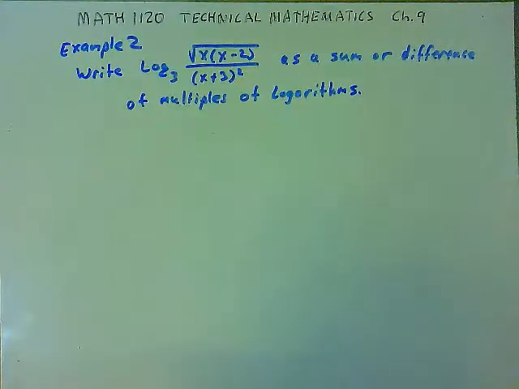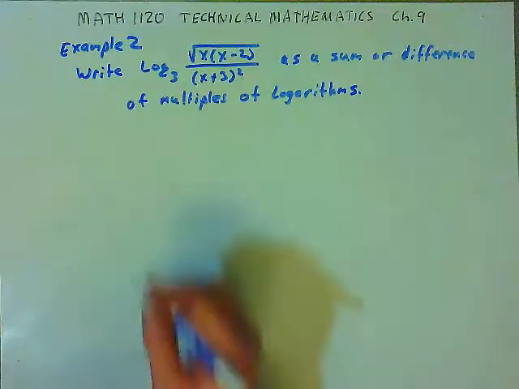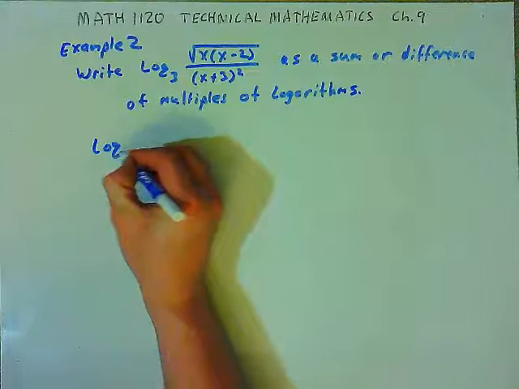This is example 2. It says write log base 3 of the radical x times x minus 2 divided by x plus 3 squared as a sum or difference of multiples of logarithms. And again, they want me to apply the rules of logarithms to simplify this expression, or break it out into single logarithms. And so the first thing we want to do with log base 3